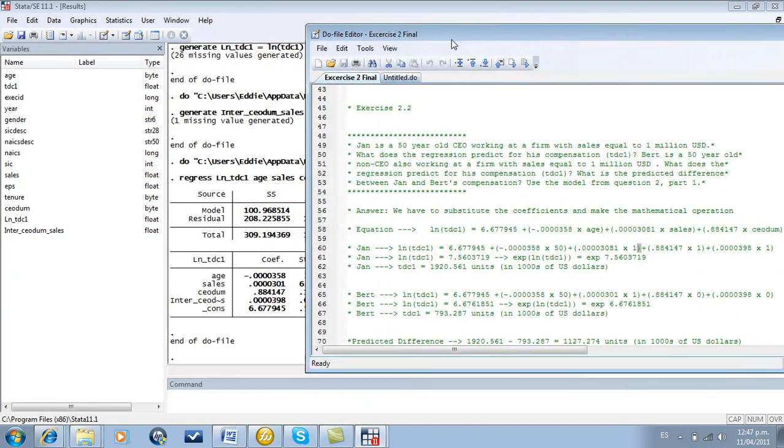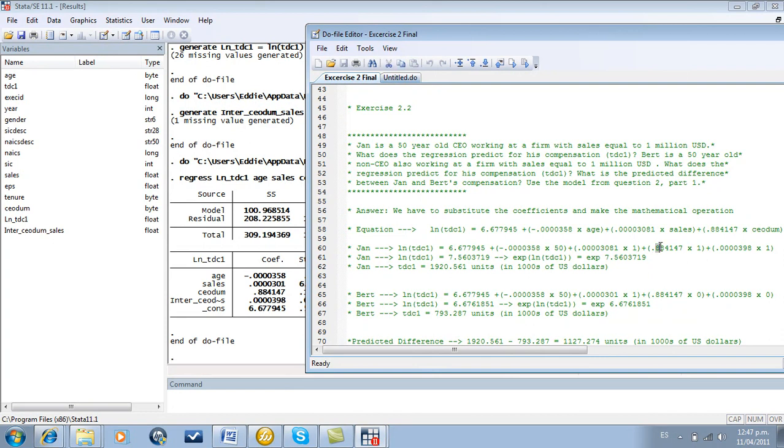Okay, I will just follow here. The logarithm of total compensation is equal to the constant plus the coefficient of sales multiplied by 50, the age of Jan, plus the coefficient of sales multiplied by 1,